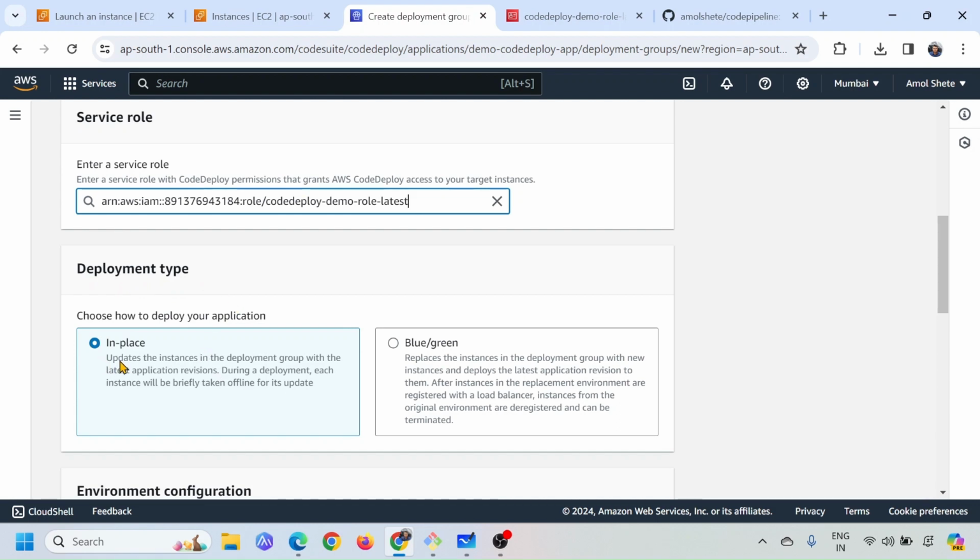So I have two options. In place is the default one, and blue green is the other option. Now what is the difference between the two? Blue green is something where I don't want downtime at all. I don't want my service to go down when I'm doing some updation, or some upgradation, or whenever doing some new deployment. In such activities, when I don't want a single downtime, in that case we go for the blue green option,